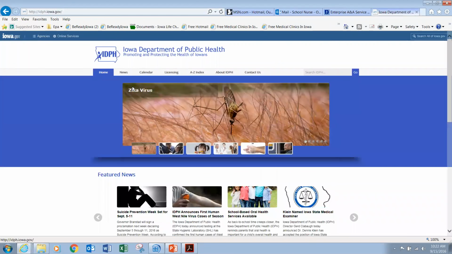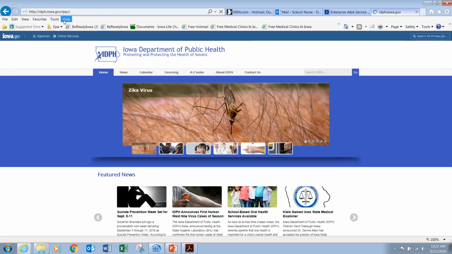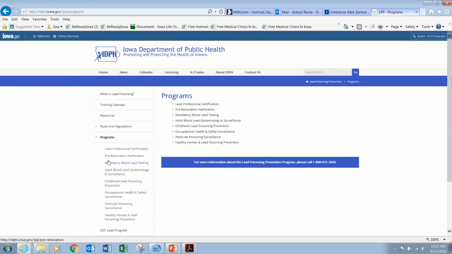If you just type www.idps.iowa.gov and then click here, LPP, that should take you straight to our lead poisoning prevention website. You look for programs in the left column here, and there you will find the mandatory blood lead testing.